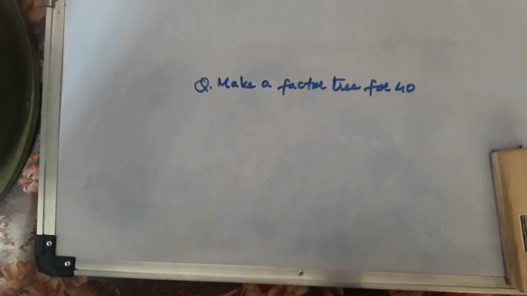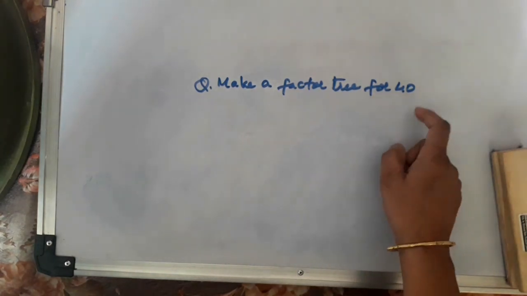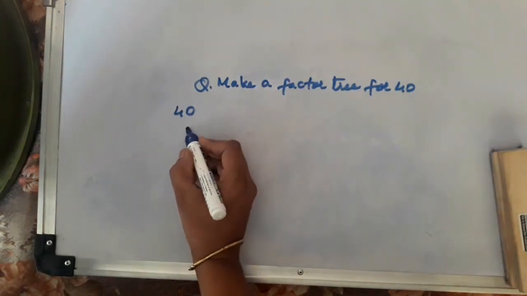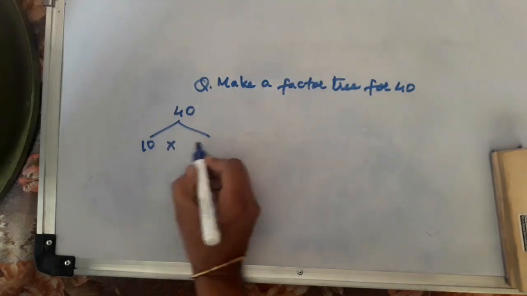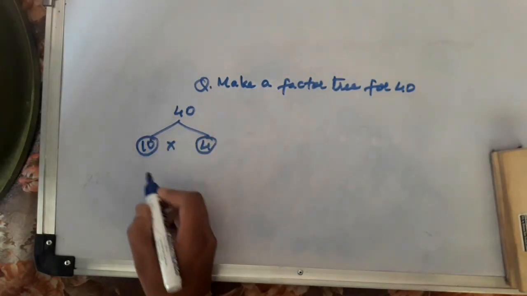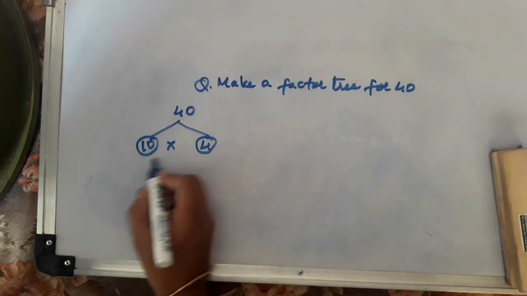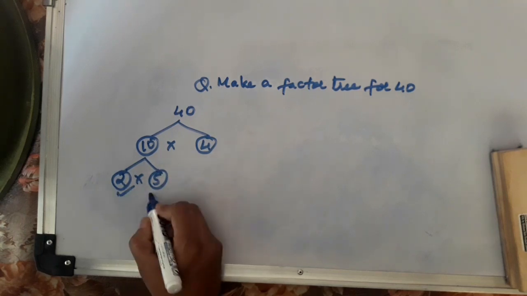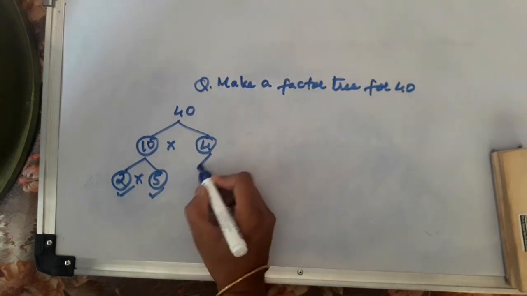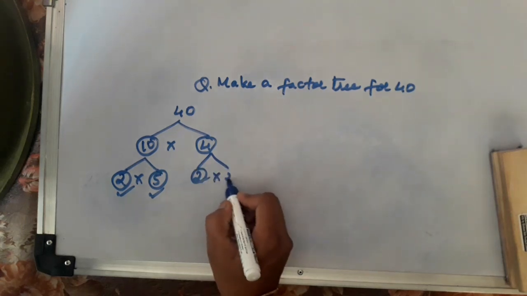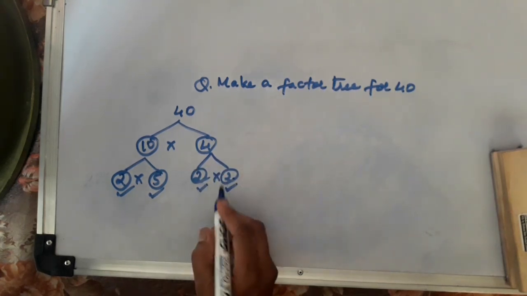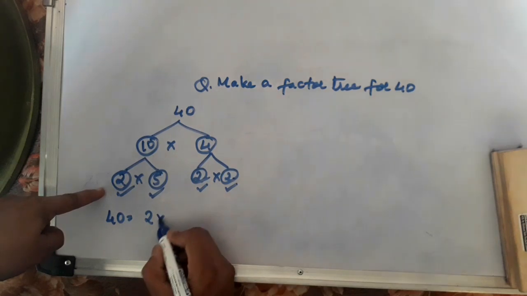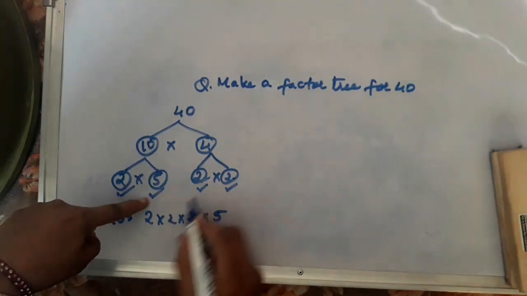Now the question given here is, we have to make a factor tree for 40. Suppose somebody has started like this: 40 is equal to 10 into 4, fine. Both are composite numbers, so we will still split them up. 2 fives are 10, both are prime numbers. We end here, and 4 can be further split as 2 twos are 4, and both are prime numbers. So we stop here. So we got the answer as 2 three times and 5 one time.